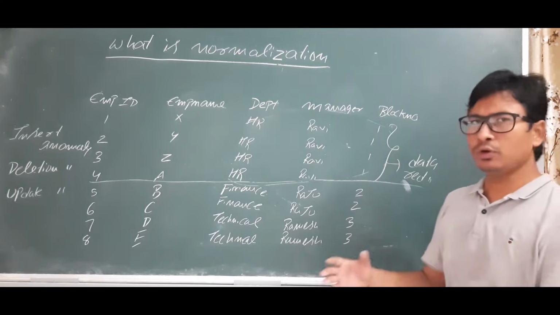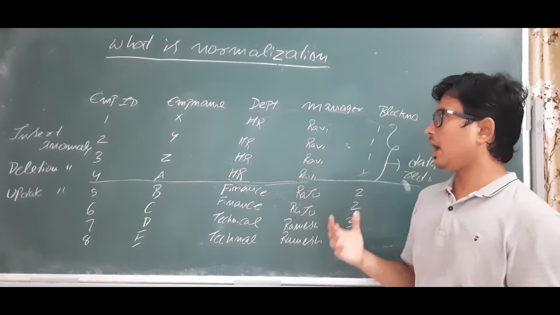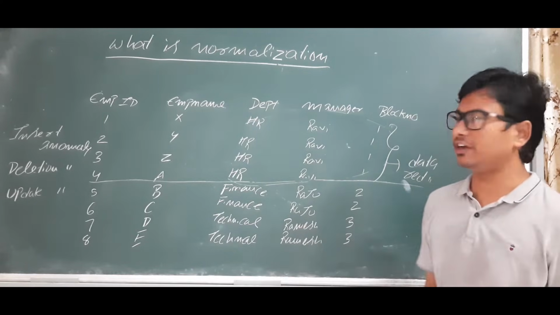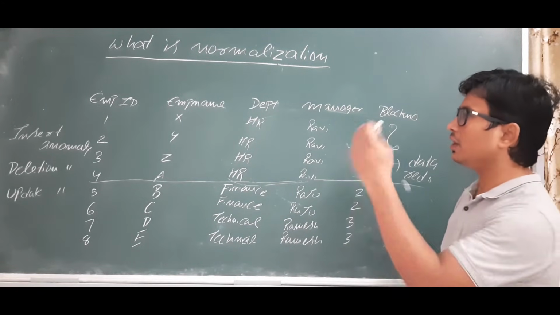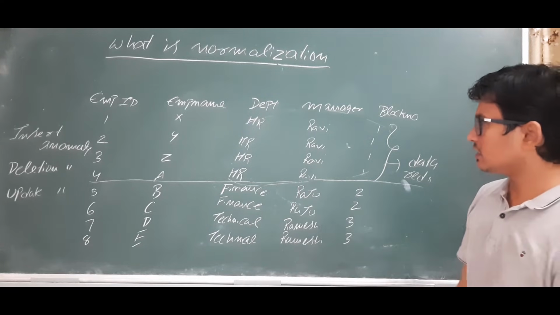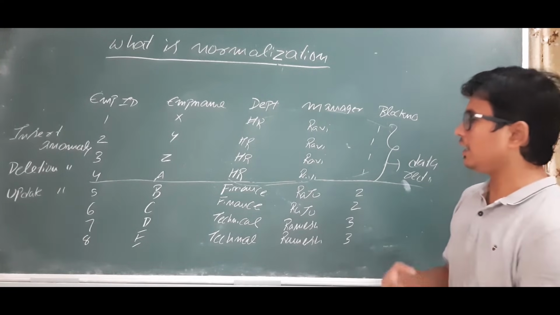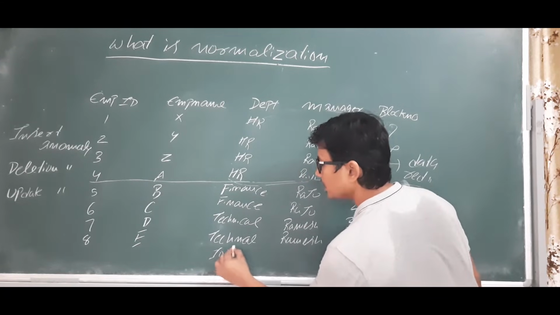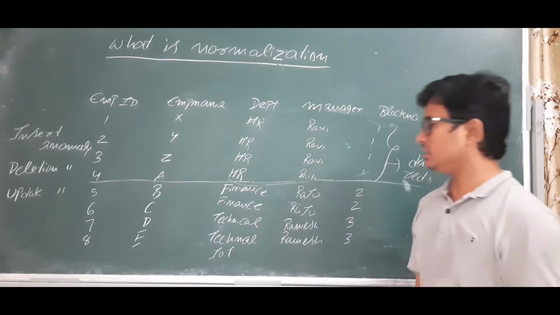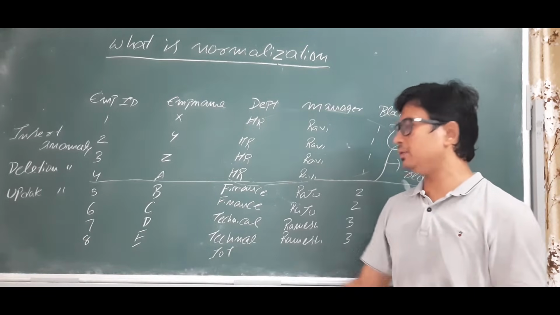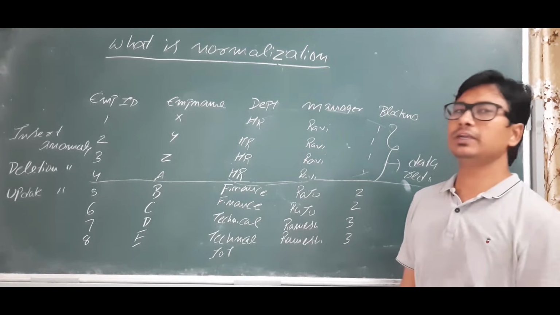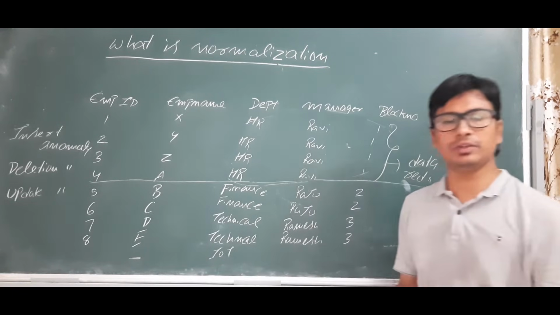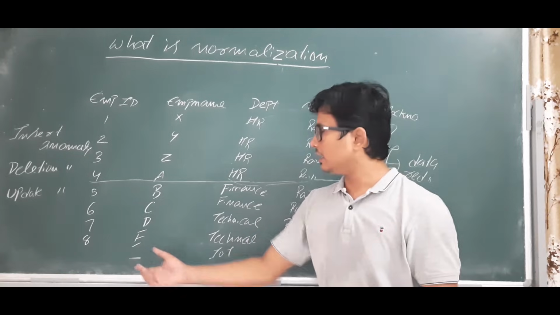Many people who know about insertion, deletion and updation can easily find out, but anyway let me discuss what this insertion anomaly is. Let's take that I want to create another department called IoT in my organization. If I create a department called IoT, what will be the employee name? Right now there are no employees, so it will be a null value.